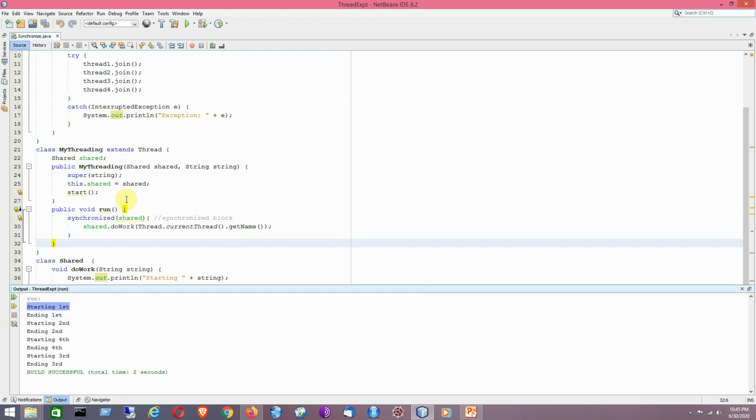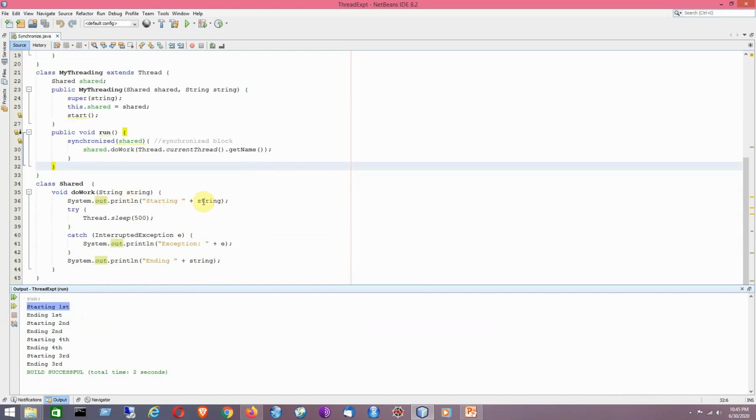So it shows this message, that is, the name of the currently executing thread. There may be a pause of half a second, but in the meantime no other threads will be allowed to execute, because the access to the shared object is done in a synchronized way.